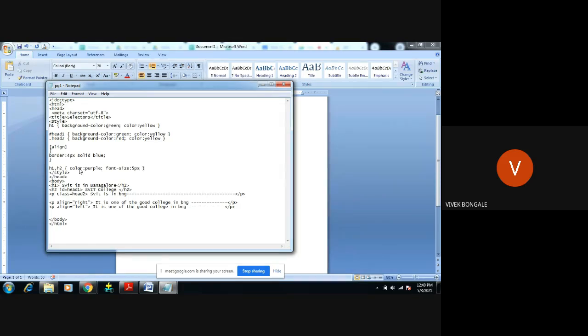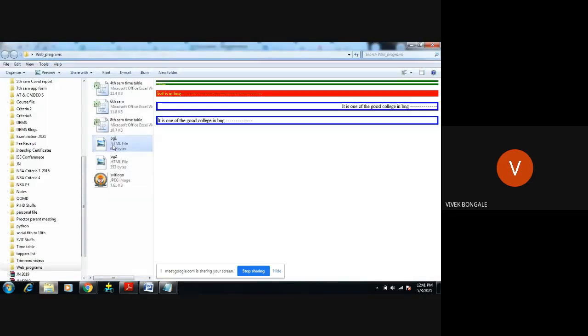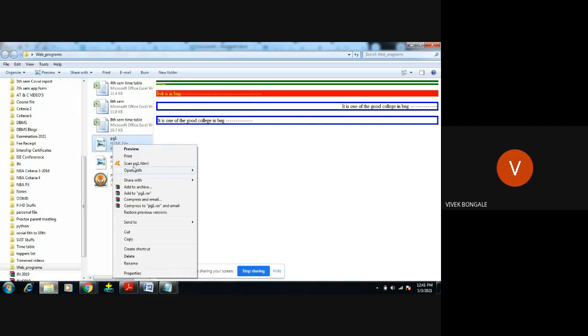This I want to apply, only these two CSS properties for h1 and h2. So I will save, Control S, and open with Google.